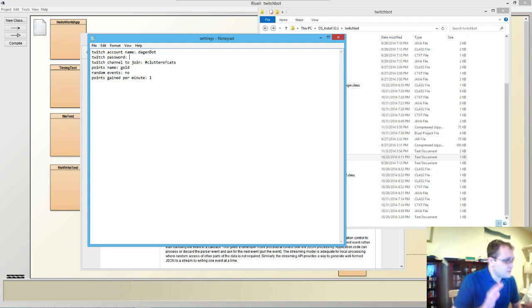So if I change this to JSON, it's going to make it harder for people to actually modify by hand, but at the same time,